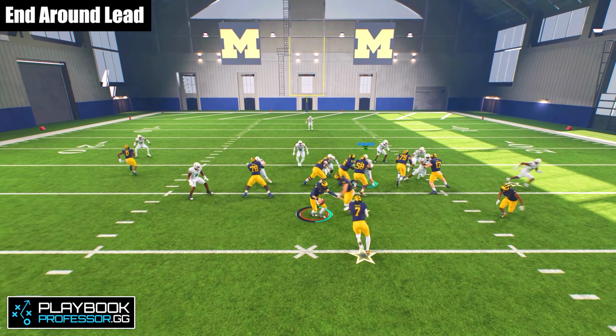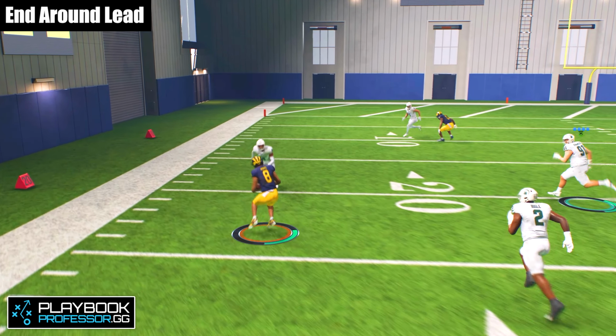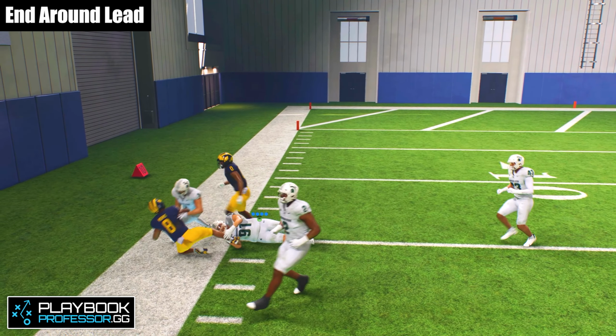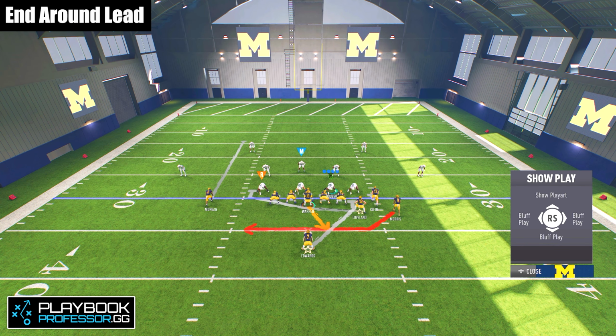And we'll go ahead and get one more rep in for you guys. Once again, take it around the edge, and there is just almost nobody in front of us. We are getting just crazy, crazy gains on this play. And so that is end around lead and single back bunch ace, perhaps the best under center run play in